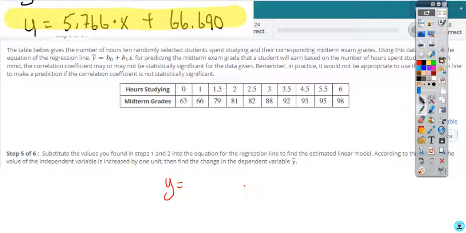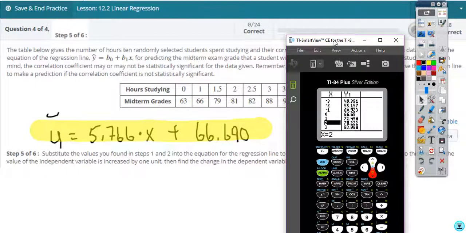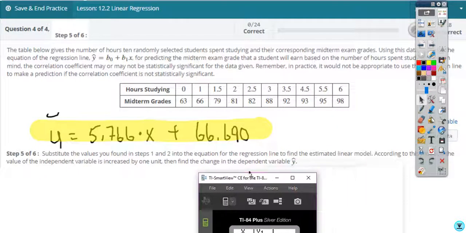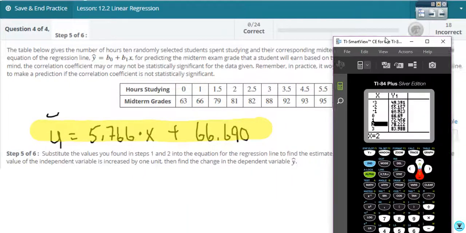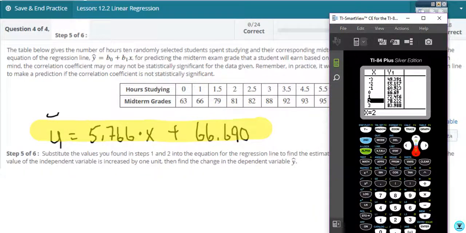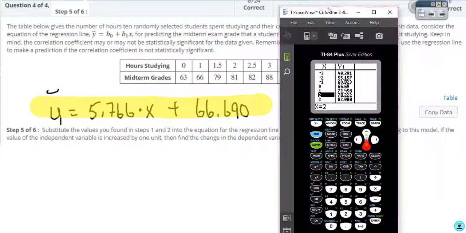Okay, so this is the equation that we took from the previous part, right? So we brought this over, and we're going to make some predictions based upon this equation that we came up with. And what they're saying is, if I pull up my graphing calculator, find the estimated linear, according to the model, if the value of the independent variable is increased by 1 unit, then find the change in the dependent variable y. So what we're saying is this. If we take this equation and we plug in 1,